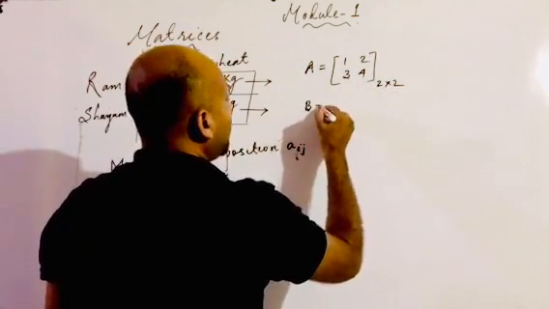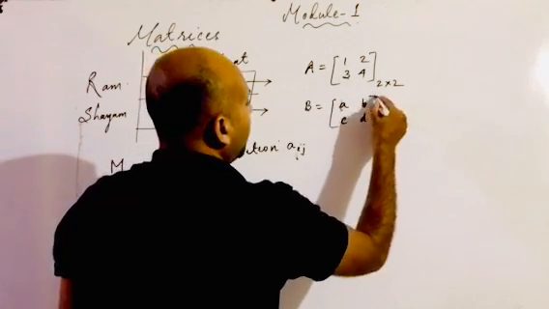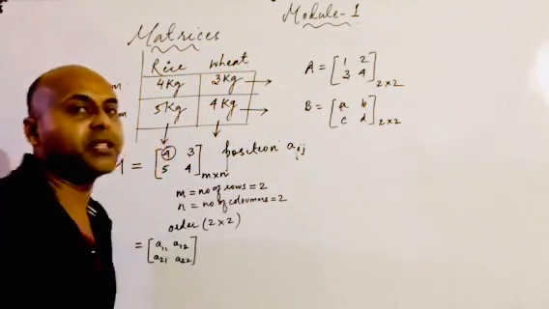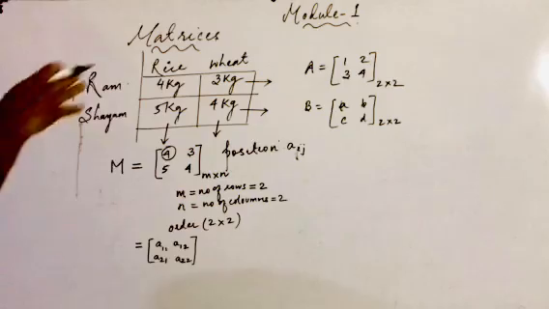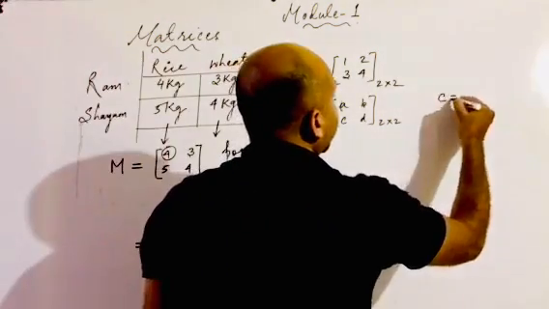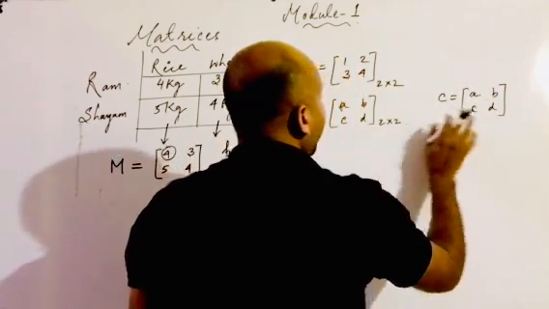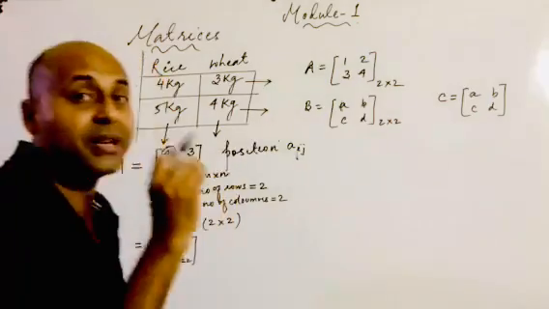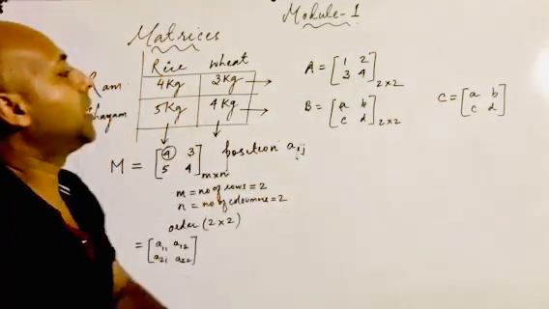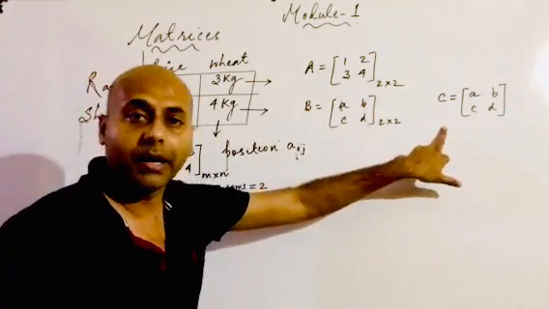Suppose another matrix B is provided to you. This is suppose a, b, c and d. What is the order of this again? 2 by 2. So if two matrices have the same order, that means the same number of rows and the same number of columns, they are called comparable matrices. Again, if I take one more matrix C here and the value of C is again a, b, c and d, then in this case B and C have all the elements identical. So these two matrices will be called equal matrices. So here, children, I can call A and B comparable matrices and B and C equal matrices. Am I clear?